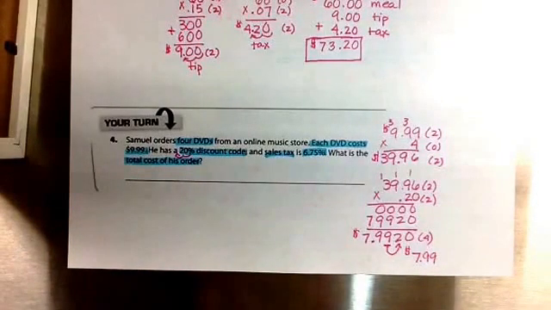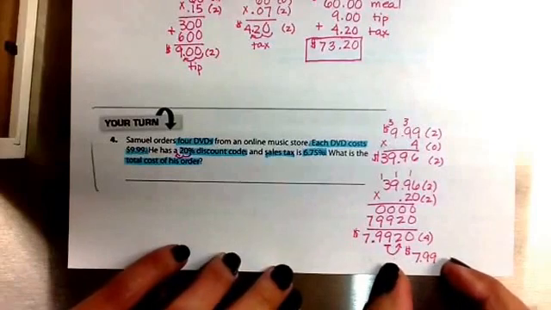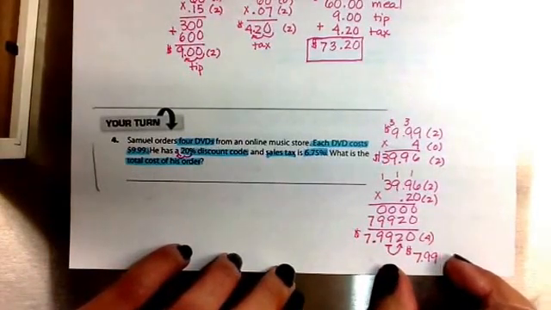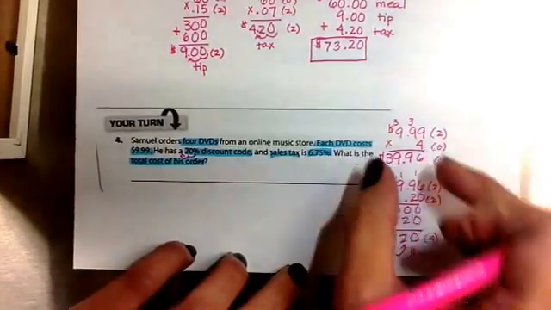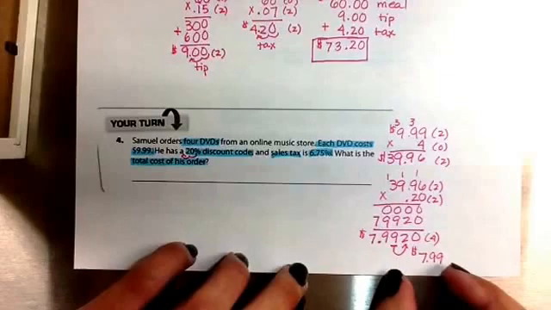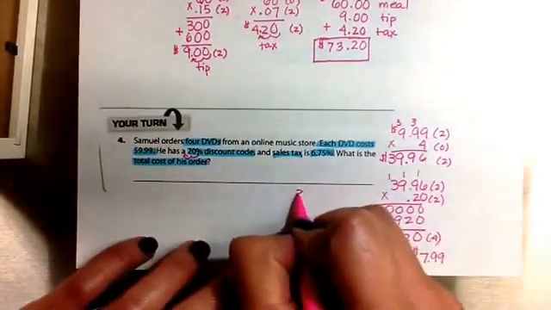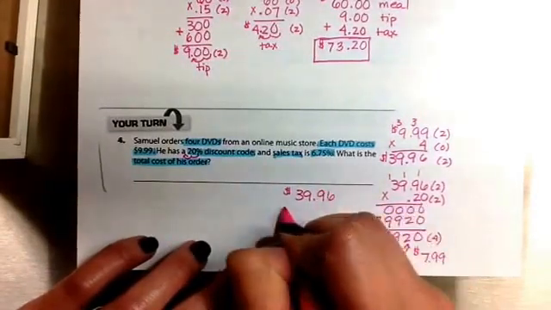Well, your tax is only put on the discounted price. Well, this isn't the discounted price. This is the discount. How do I find the discounted price? What do you do with the discount? You're getting money off of the price. So you are going to subtract, okay? So you're going to set up $39.96 minus